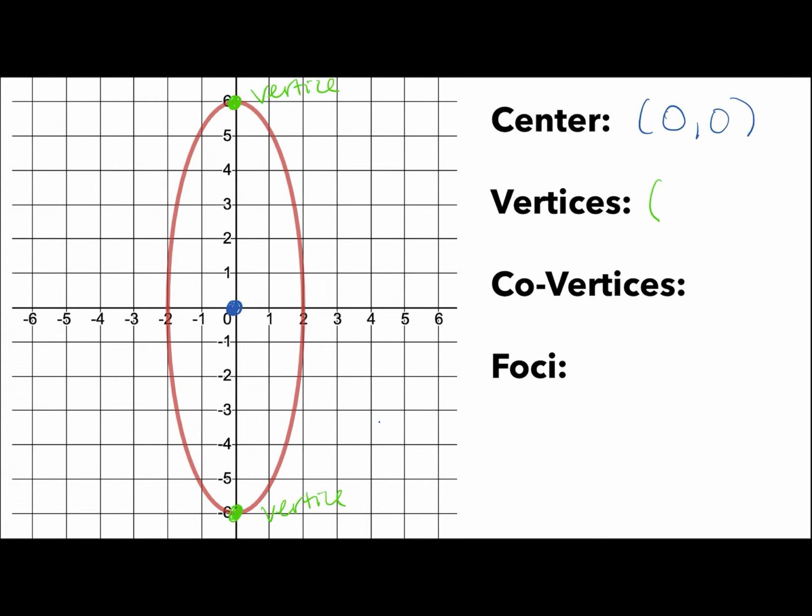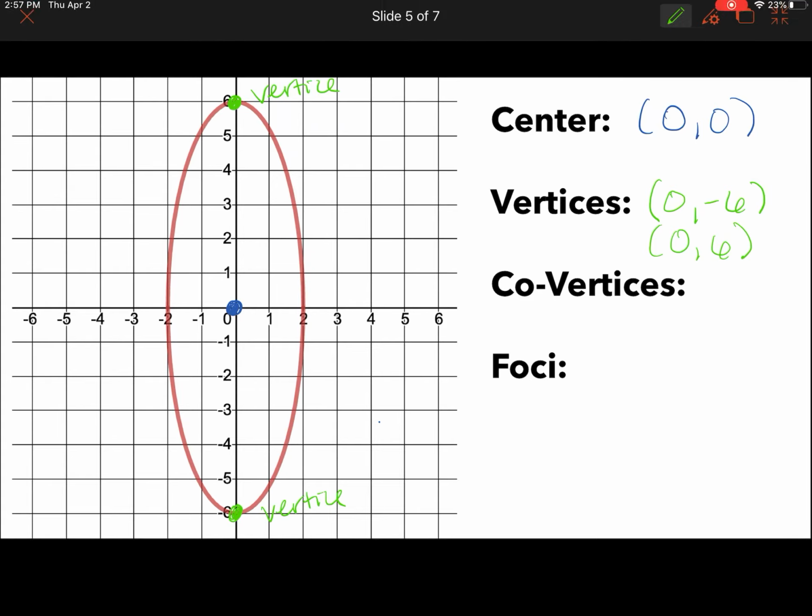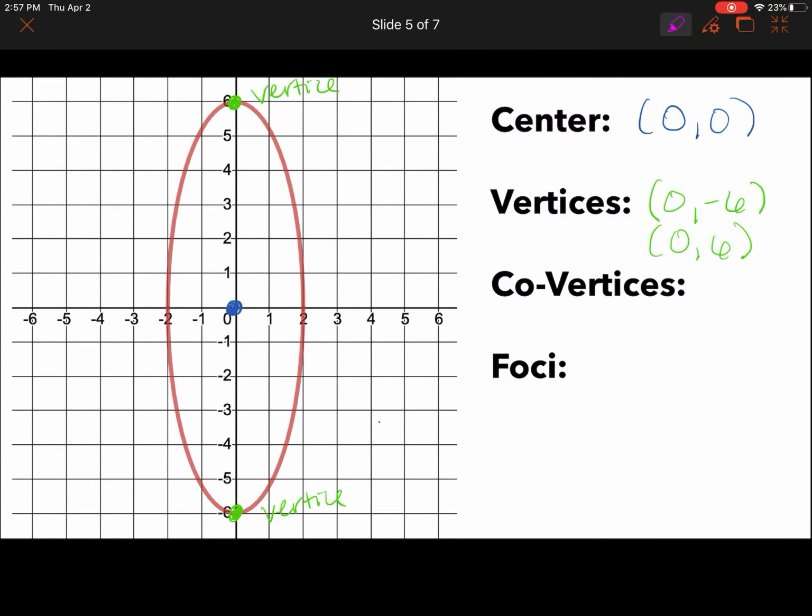So that coordinate point is 0, -6. For this guy, that's 0, -6. And then this one right here is 0, +6. Okay, and then next is your